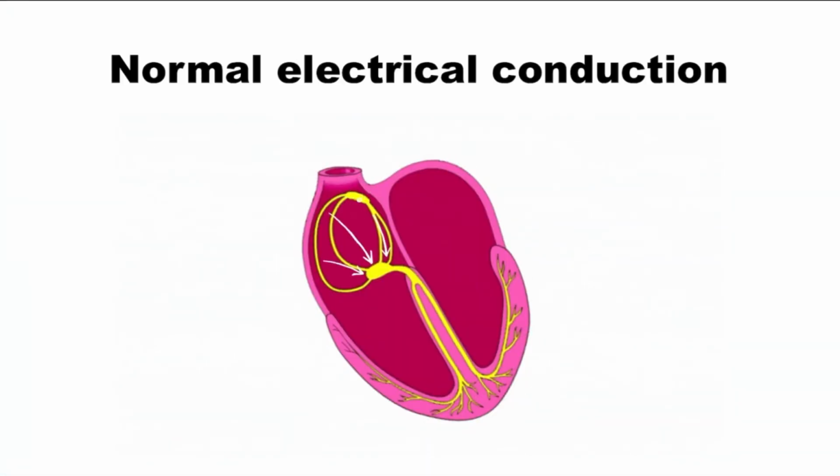Before we can really understand the abnormalities of a right bundle branch block, let's just quickly recapitulate what a normal electrical conduction looks like. So the impulses start from the SA node, which is the pacemaker. It goes down through the interatrial conduction system to the AV node. From the AV node it goes down to the bundle of His, and it goes down to the left and the right bundle. From the bundles down, it goes to the Purkinje fibers, and from here the depolarization of the ventricles take place. In this process, the ventricle is depolarized first the septum, which gets depolarized from the left to right side, and the ventricular free walls are depolarized from endocardial to the epicardial surface.